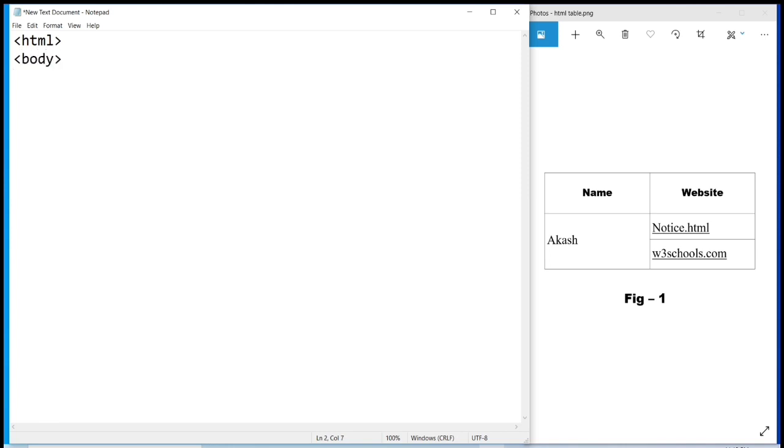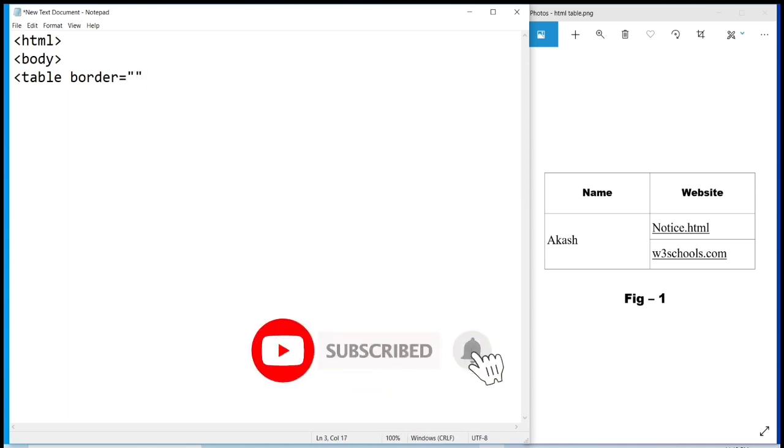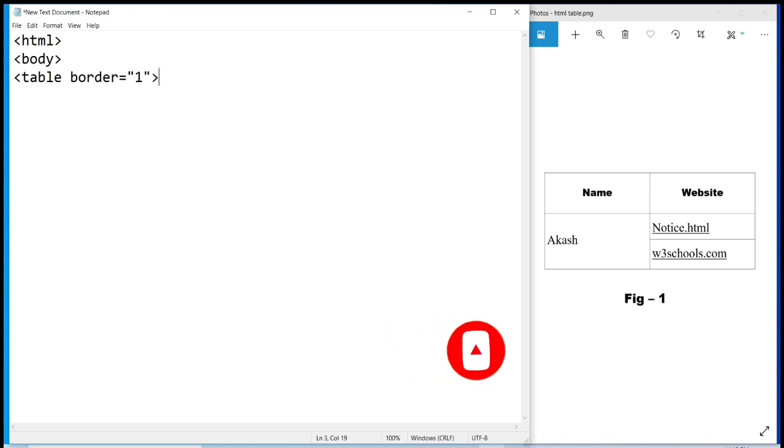Okay, those are the basic structure of HTML. Then you have to write table border, because we are using a table here. Table border equal to what? Equal to 1. Why? Because their outer line is only 1. That's why you have to write 1.